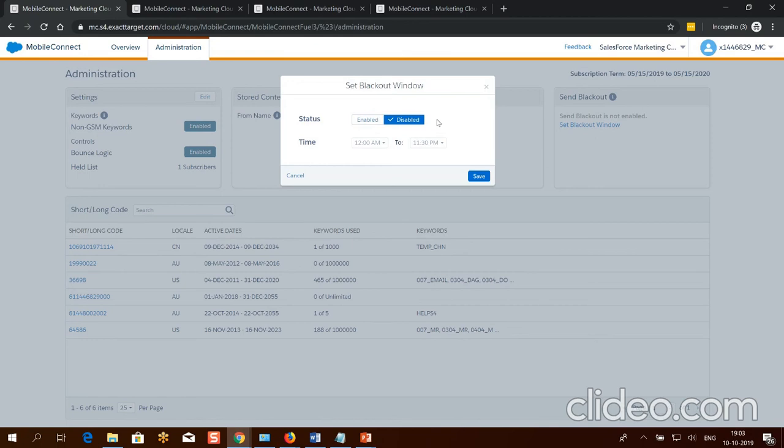Basically, it prevents subscribers from receiving messages at inappropriate times. Like there is a time when a subscriber used to sleep, the night cycle or something like that. They want messages to be received in office time only. So we can set our blackout time according to that only. How will we set it? Enable this, set the time like 9 p.m.